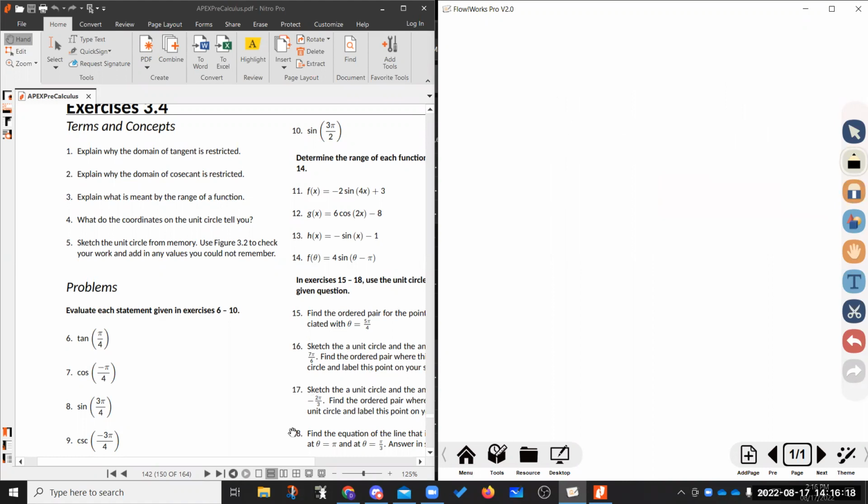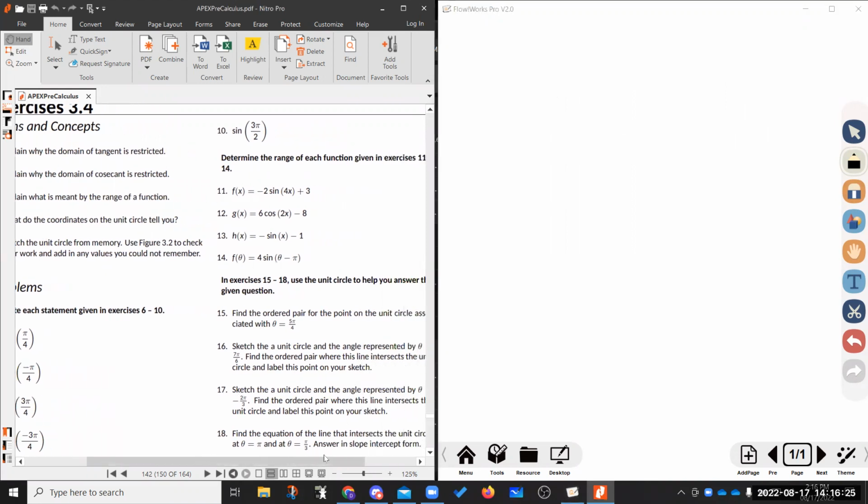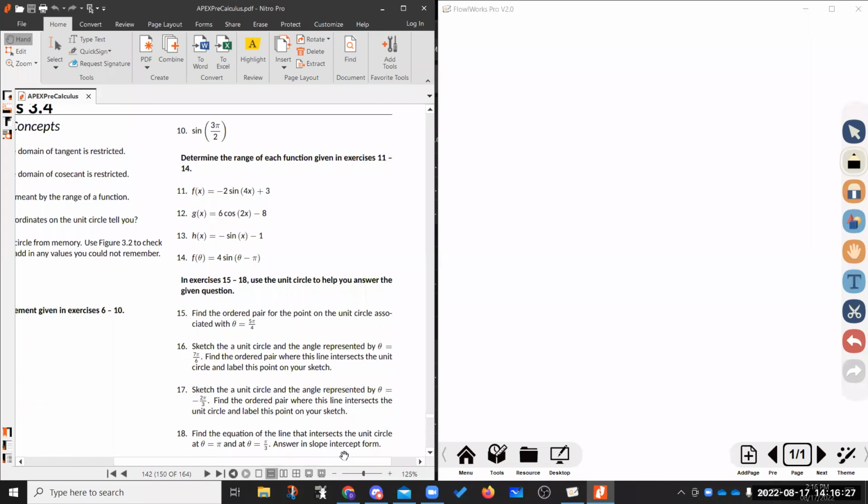Determine the range of each function. I didn't answer what is meant by the range of a function up here, but the range of a function is all the valid outputs. So f of x